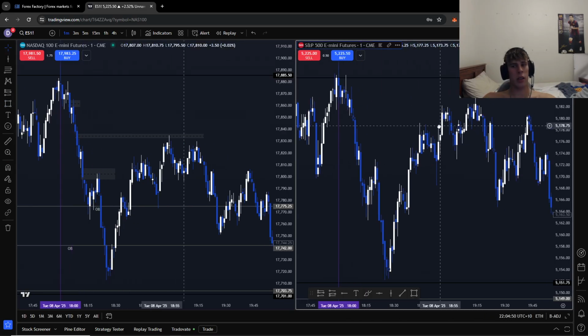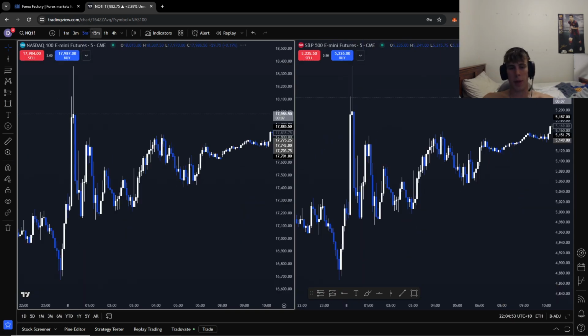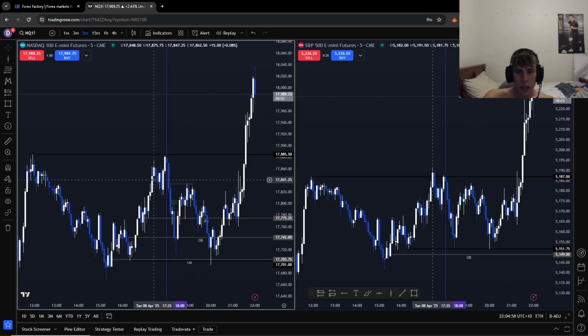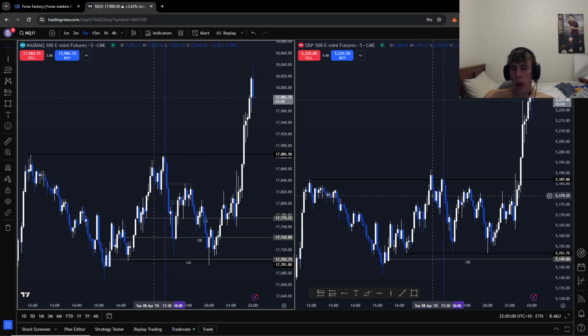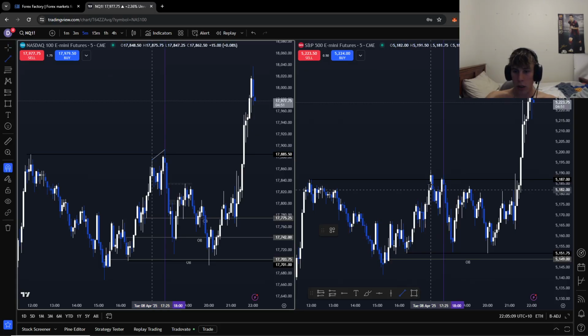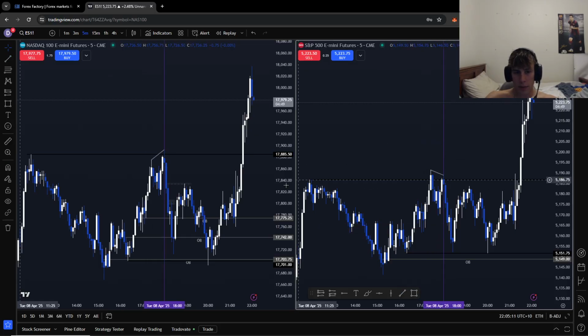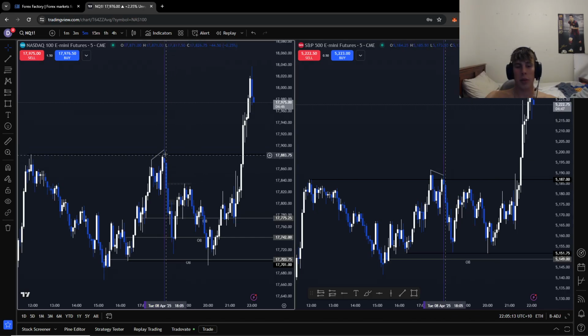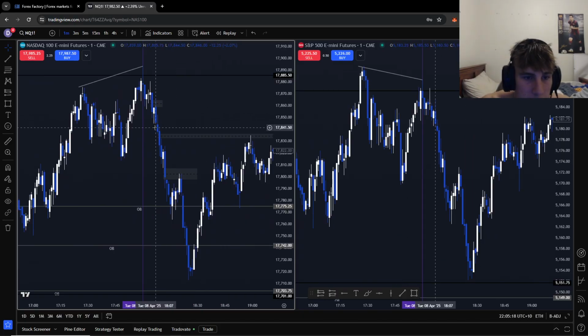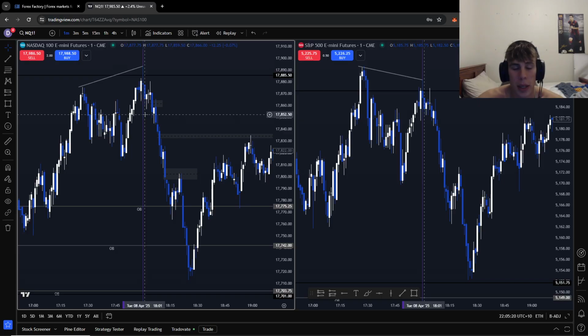Quite different at ES, but ES wasn't the sweeping pair, so it was, but I'll explain. So straight away we get this move here, which is ES's sweep, but then we get a re-sweep. Well, we get the first sweep on NAS, but it's a divergence, right? Right, and because this is a sweeping pair, looking for shorts, and we do get the instant tapper here after a 1 minute break of structure, not a 5 minute break of structure.